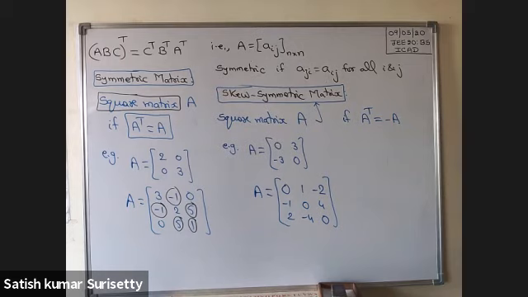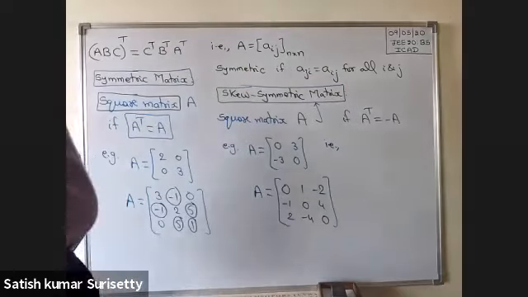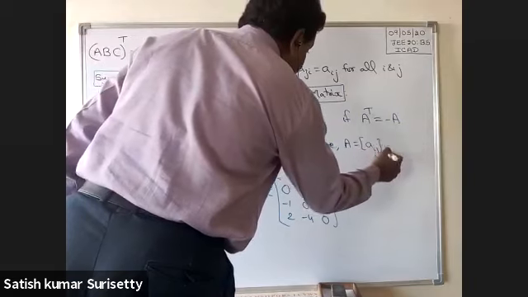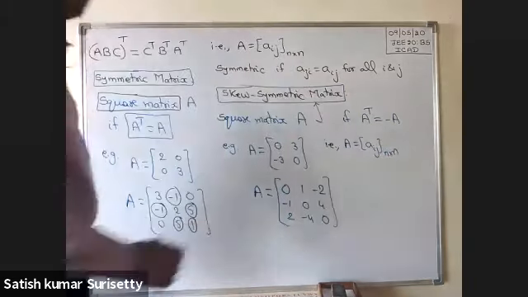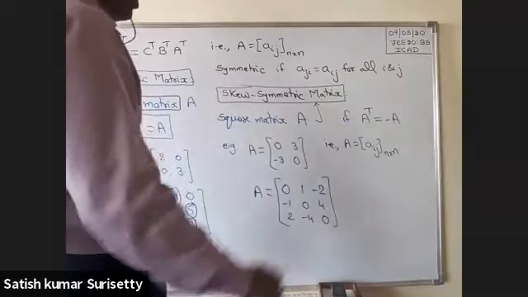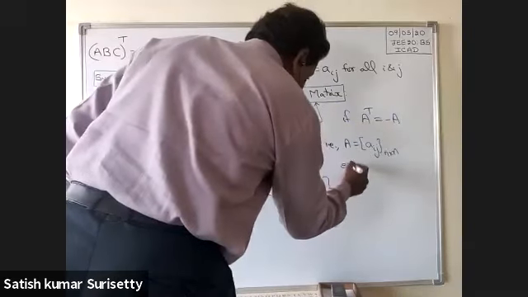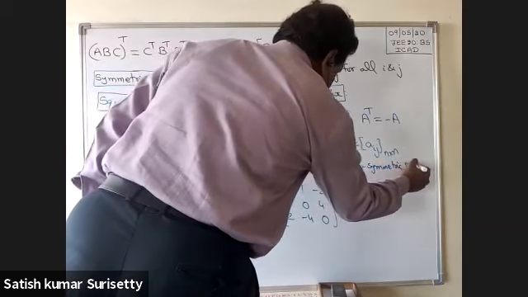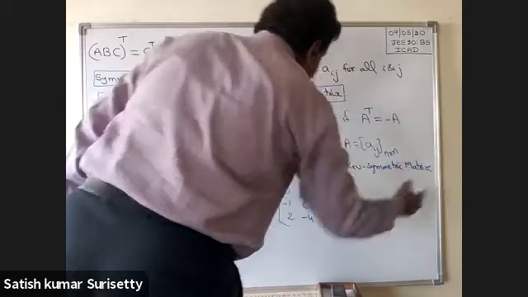The principal diagonal is 0. All the elements of the principal diagonal must be 0. Right, that is mathematically right. A equal to Aij, n by n, is said to be a skew symmetric matrix